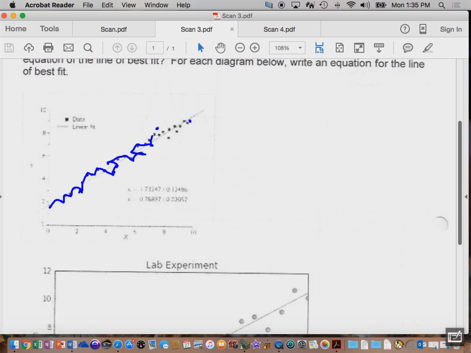No, that's not a line. That's a squiggle. So what we try to do is summarize the data. If you said to me, who are the best baseball players in the history of baseball? I would say to you, a lot of the guys that I think are the best baseball players that I've ever seen